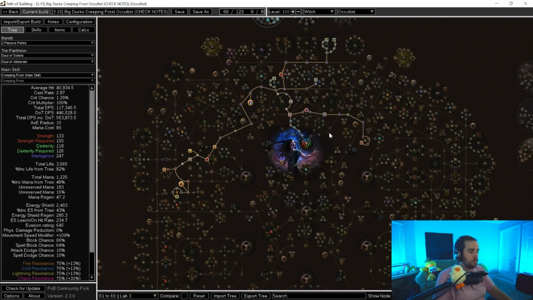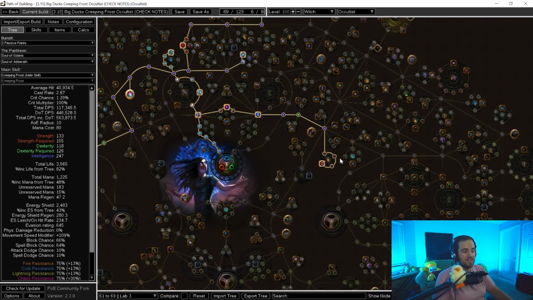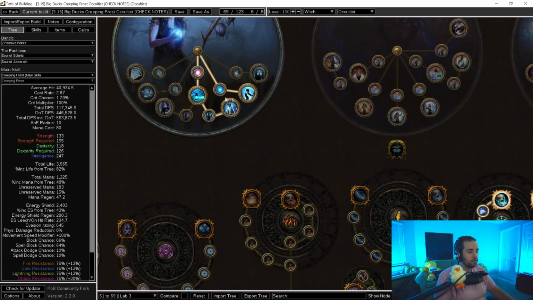The next step is going to be moving over here to the right. We'll finish out this life, energy shield, and int, and we're going to be getting these hybrid nodes here. This build is a hybrid life and energy shield build, so make sure that you do pay attention to both your life and your energy shield. Both are very important while leveling. This is also when we're going to be getting Lab 3, and our third lab point is going to be